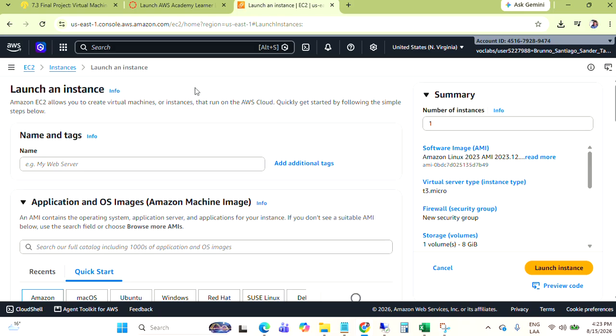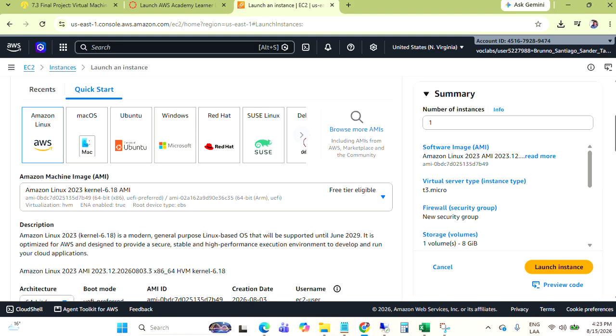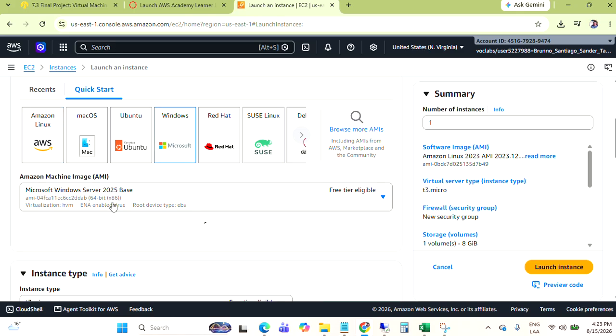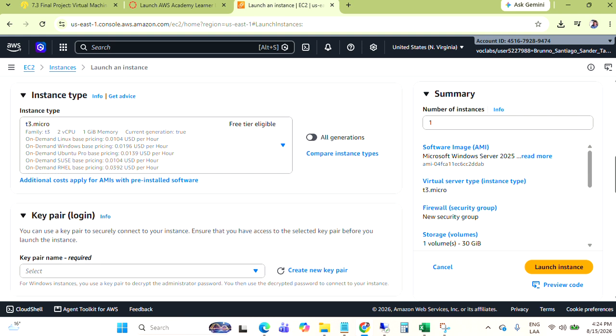AWS. I go to EC2 instance and launch a new instance. I put the name of the instance. I choose the Windows and choose the Microsoft Windows Server 2025. After that, the type t3.micro